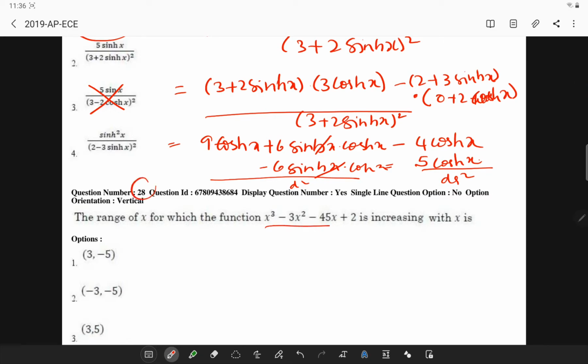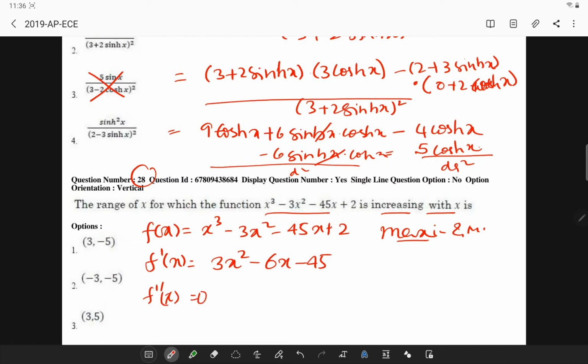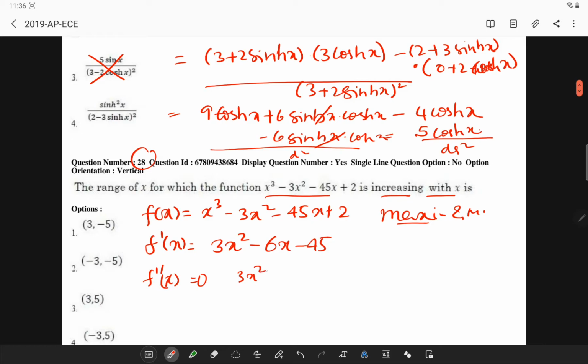So I have a function. I'm asked in which the value is increasing. So here the f of x is x cube minus 3x square minus 45x plus 2. So this question is related to maxima and minima. So first we'll calculate f dash x. So 3x square minus 6x minus 45. So if f dash x is equated to 0, I get the stationary points. So 3x square minus 6x minus 45 is equal to 0, or x square minus 2x minus 15 is equal